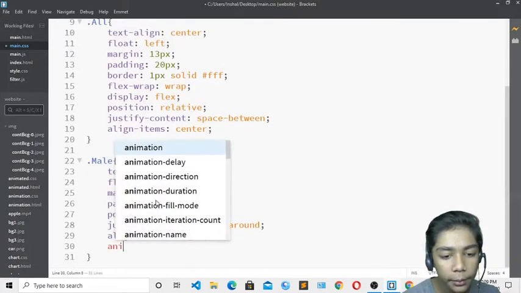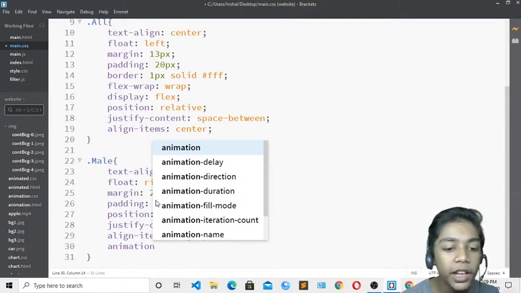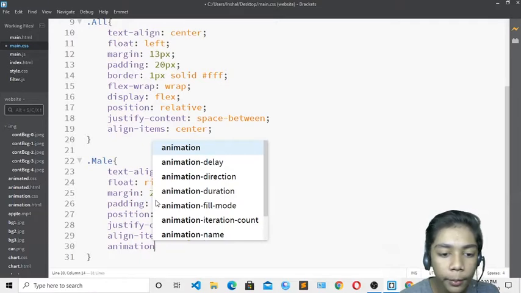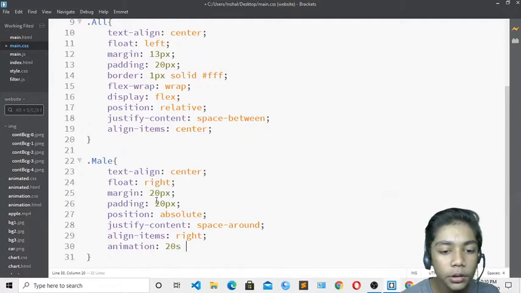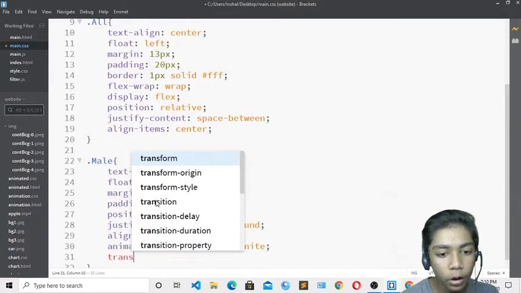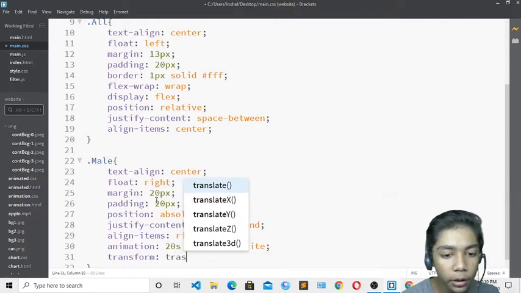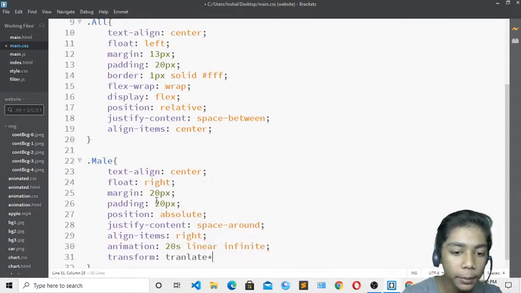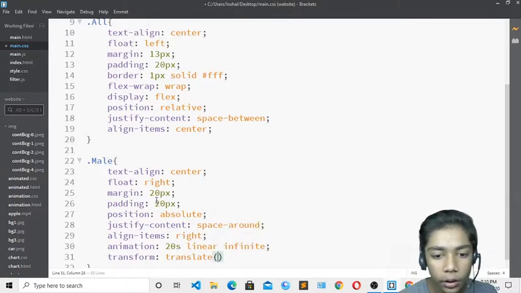And I will define animation over here. What is that animation? When I was pressing the male one, you could see that our all image was going, showing us like it is going over here. We have put the animation over there, so I will write 20s linear infinite, and over here I will write transform. In the transform tag you have to define how much your translate should be, meaning how many degrees you have to take your image. So I will define 360 degree, and now it should be like that.